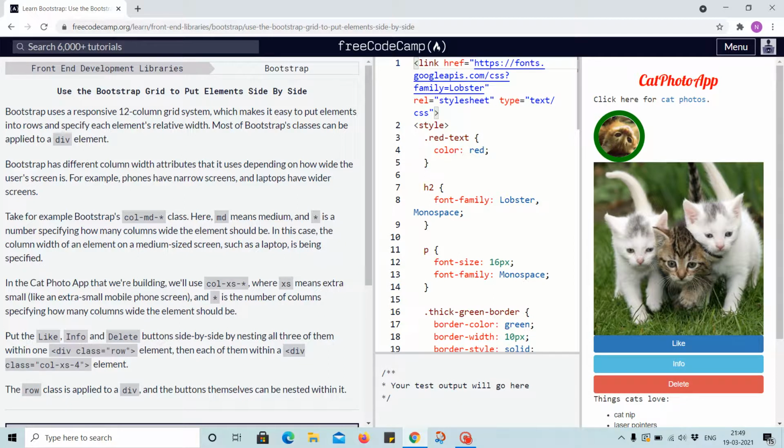In the cat photo app that we are building, we will use col-xs-*, where xs means extra small, like an extra small mobile phone screen, and the asterisk is the number of columns, specifying how many columns wide the element should be. Put the like, info and delete buttons side by side by nesting all three of them